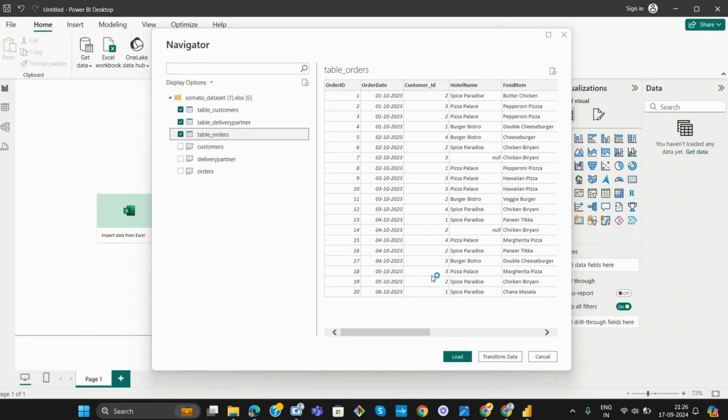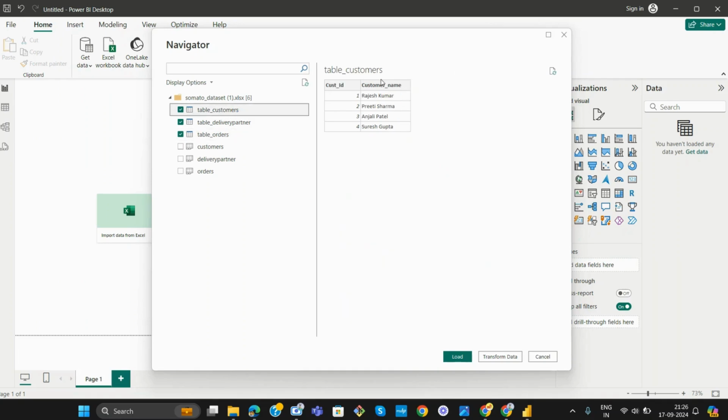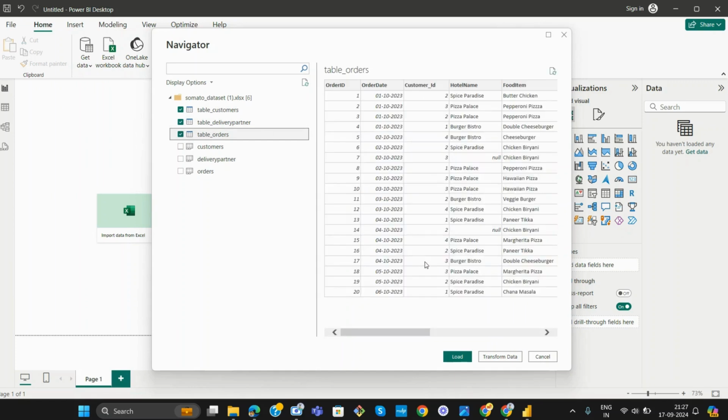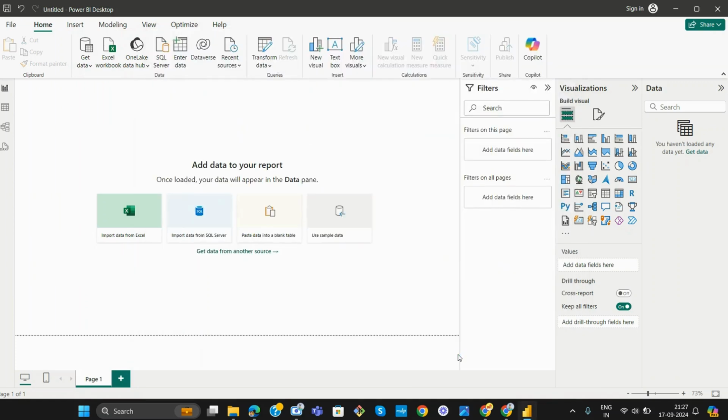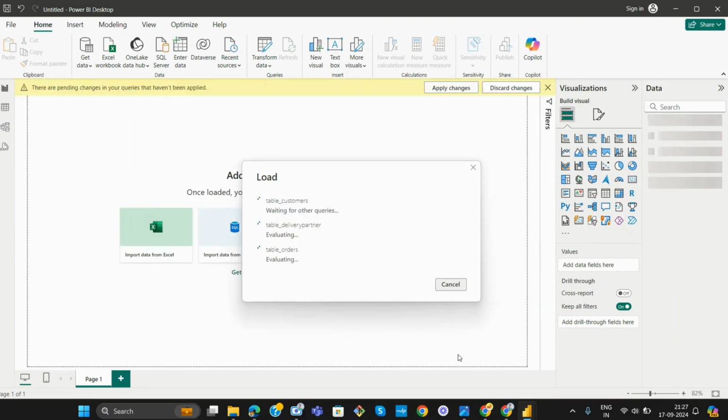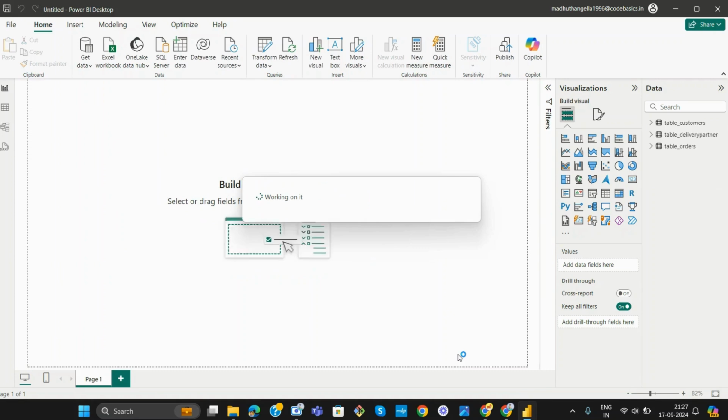This is the table customers, table delivery partner, and table orders, and you can load from here. Okay, let them load. So it is loading, guys. It's going to take some time. Okay, that has been done.